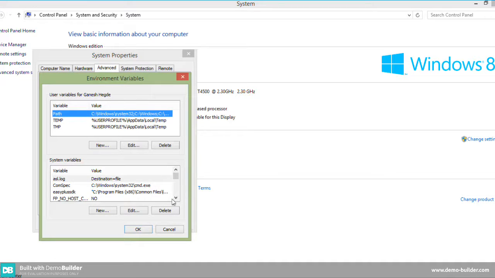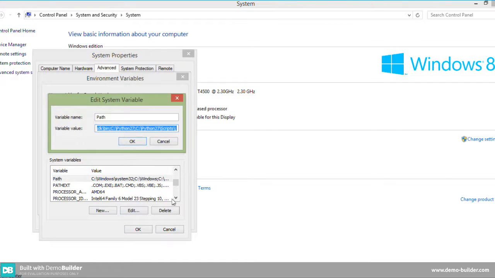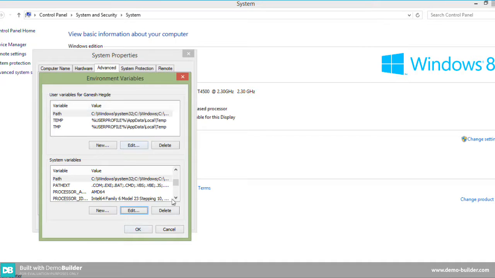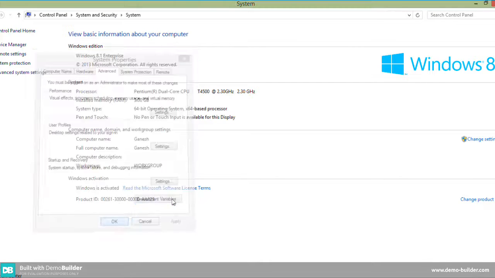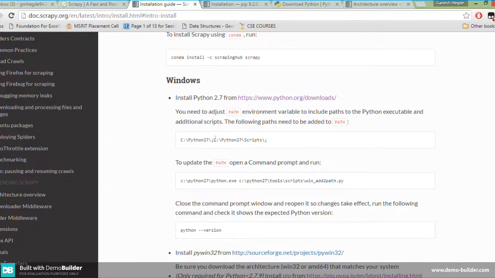Go to the system variables, not your specific user variables, click Path and edit. You need to add Python 2.7 and the Python Scripts folder, and click OK, OK here, and also OK here. I added it before, therefore it shows up; otherwise you have to add it.